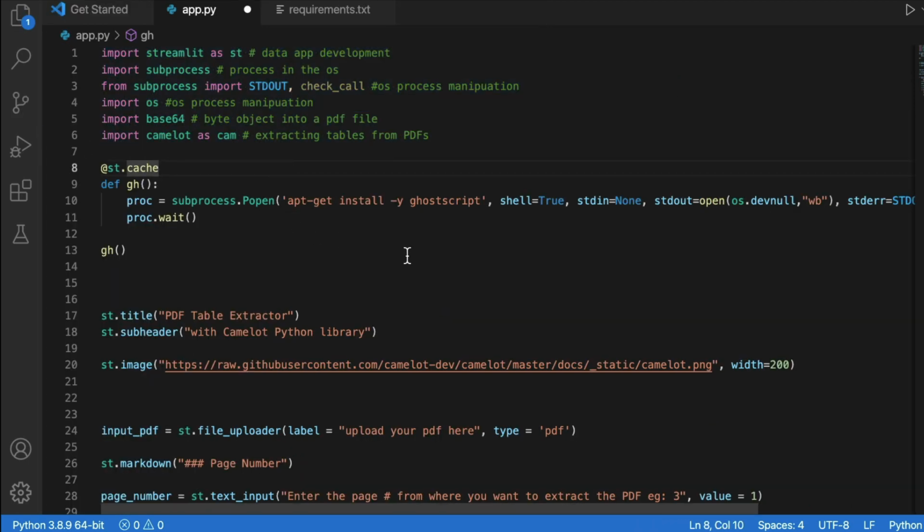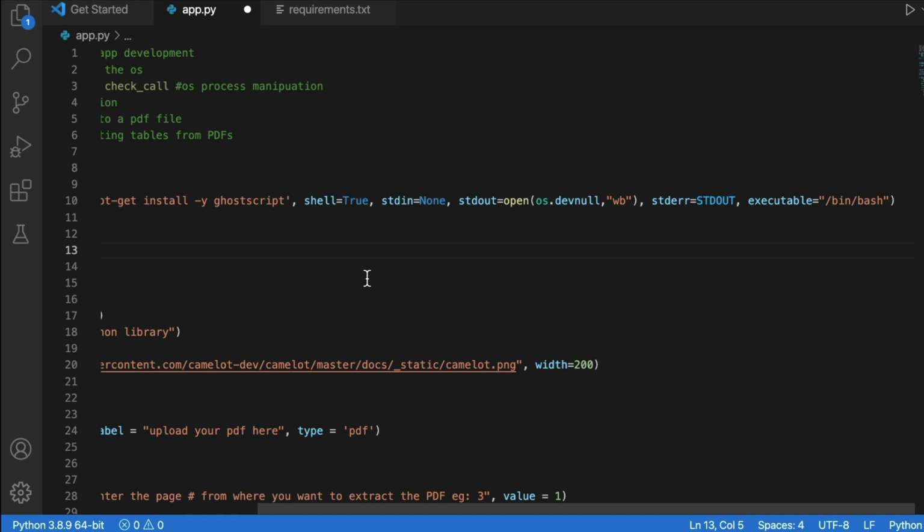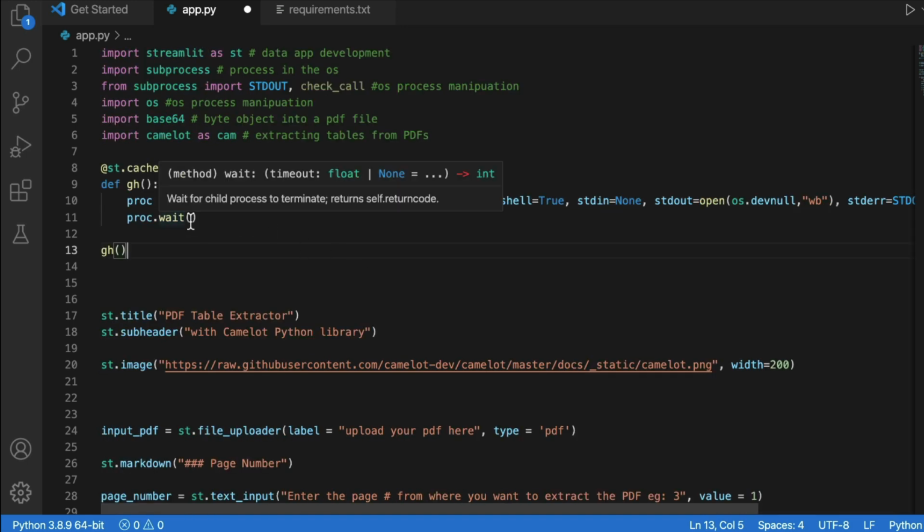The first step for you to use Camelot is you need a package. It's not a Python package. It is an OS dependent package, a Linux package called Ghostscript. And to install Ghostscript, you would typically go to the terminal or shell and say apt-get install ghostscript. But right now you're going to deploy this as a Python application, which means you have to use subprocess to do that. There is not much detail here for you to explore. You can simply find this code online anywhere, and this is basically to install Ghostscript.